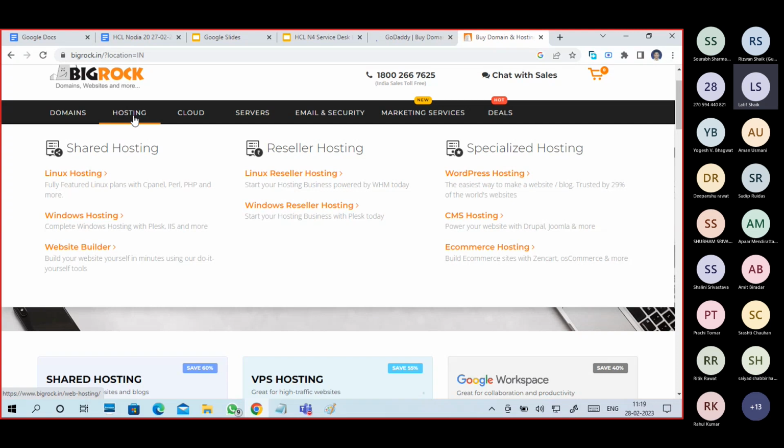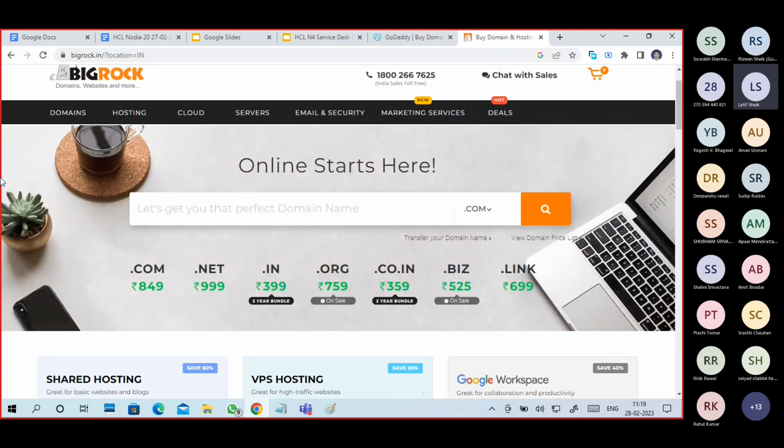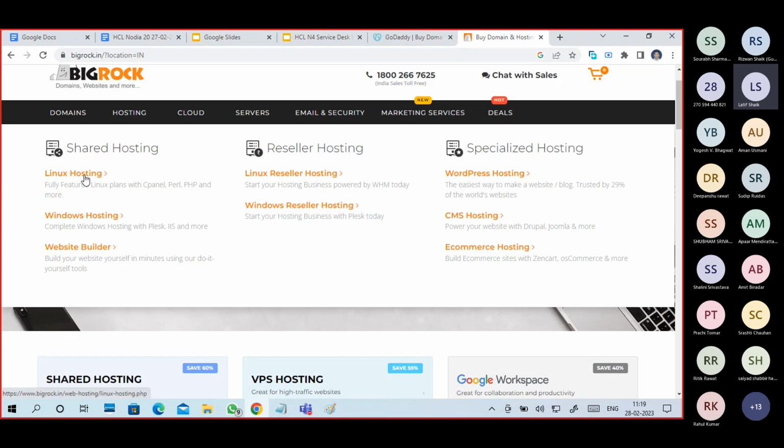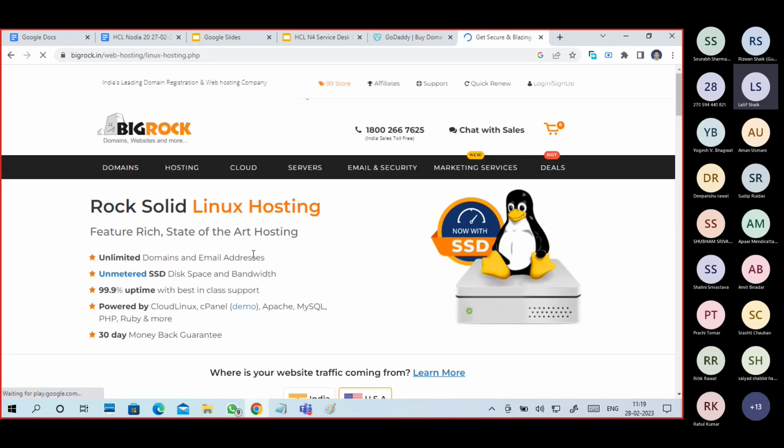Okay, a domain is just a simple .com, but there is a website, right? The website contains data. Data should be placed on a server. So they are providing hosting services: Linux hosting, Windows hosting, website builder support, WordPress support, CMS hosting, e-commerce hosting. They charge per hosting.